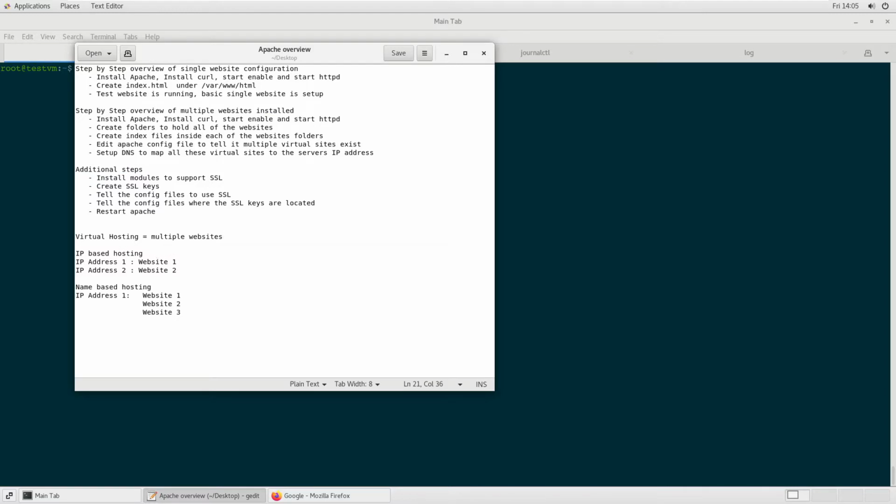If you're going to add multiple websites, you need something called virtual hosting. Within virtual hosting, there's IP-based hosting, name-based hosting, and even port-based hosting. For IP-based hosting, you have one website, you require one IP address. You're mapping one website to each IP. If you have 10 websites, you need 10 IP addresses. So this doesn't scale very well because you're not going to have hundreds of IP addresses if you have 100